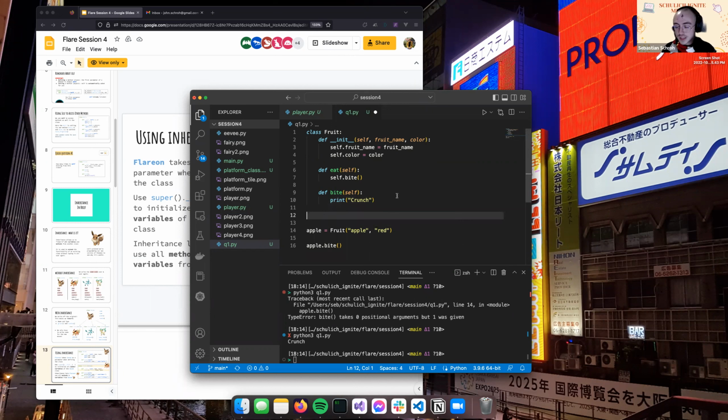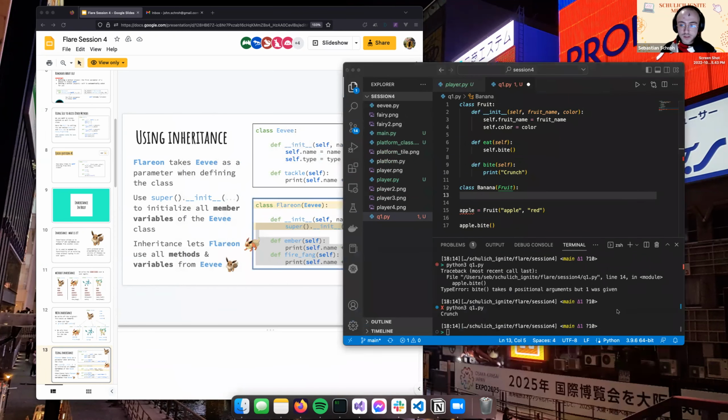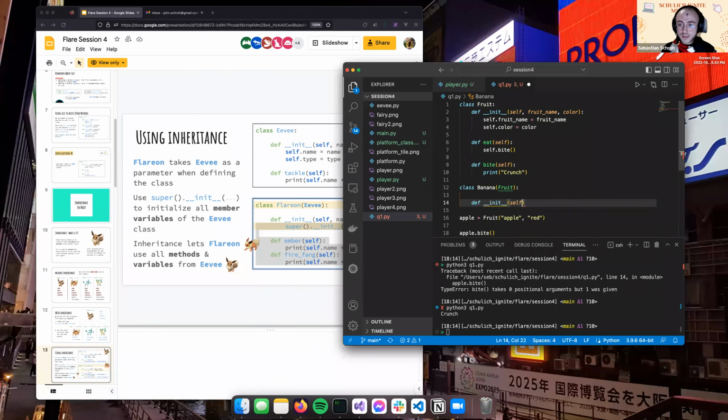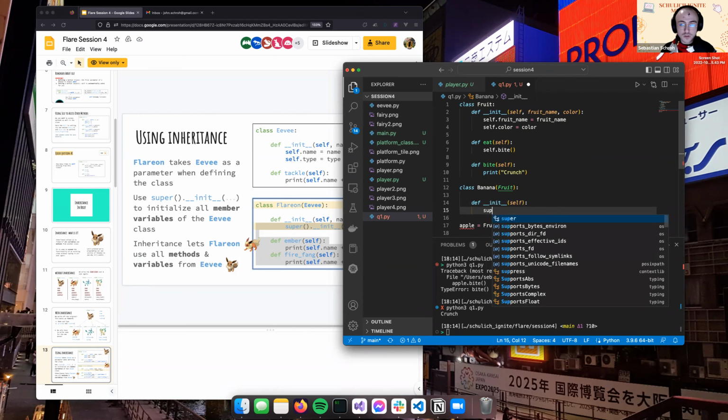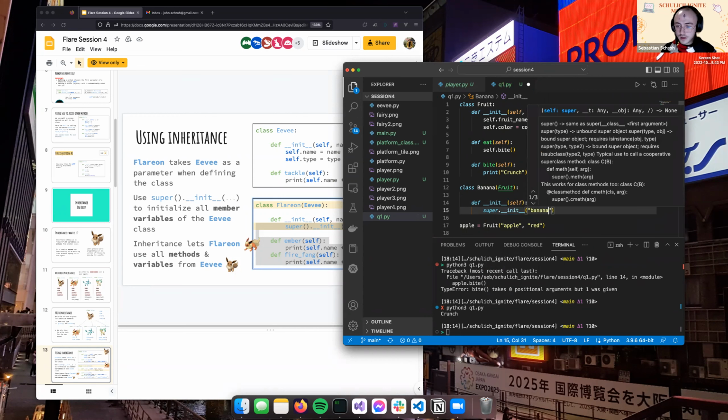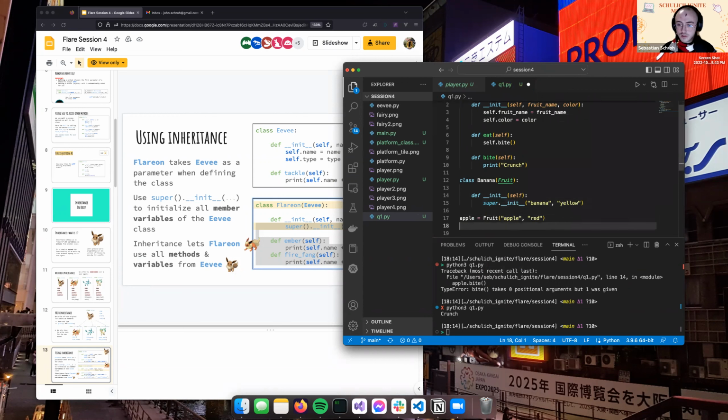But for example, in this case of fruit, we could have a banana that inherits from fruit. So that's how you'd read that. And then what's important too is to define an init function that takes the same things, or it doesn't have to take the same things. For example, it could just take self, and then we could call super.init and provide banana and yellow itself. So we could do,